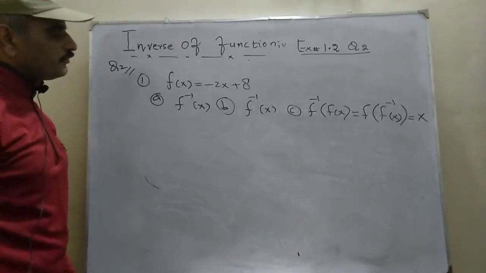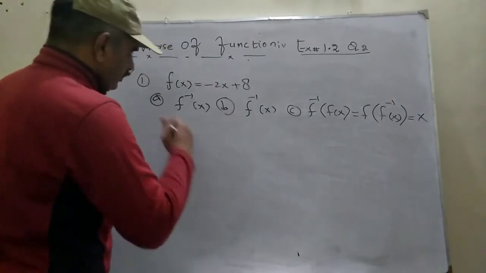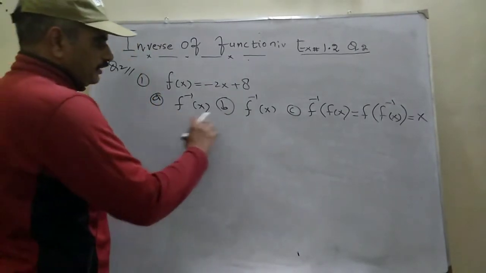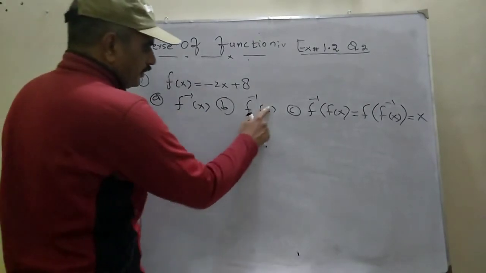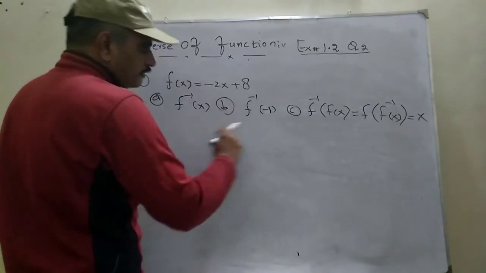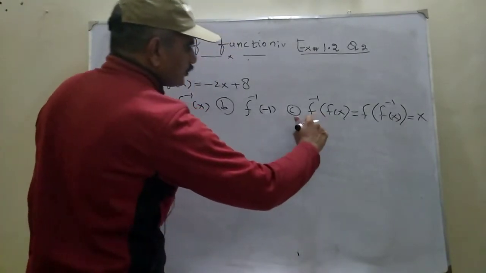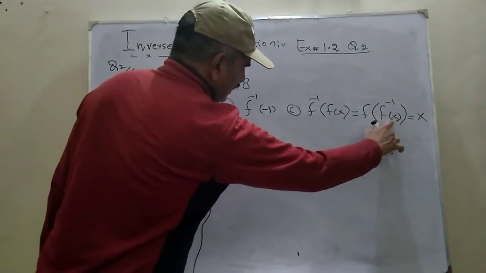Bismillahirrahmanirrahim. Exercise 1.2, question number 2, first part. Here are three different things that have been asked in this question. First one is find the inverse of the function. Second one, find the value of the inverse at -1. And third one is find the composition of f inverse of f(x) and f of f inverse, and verify that it